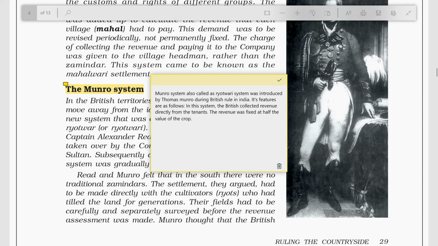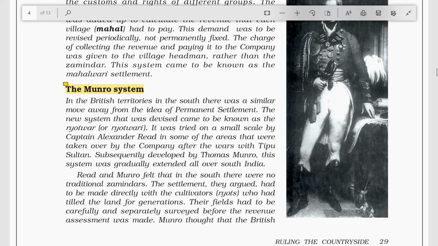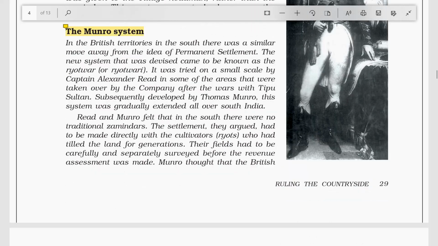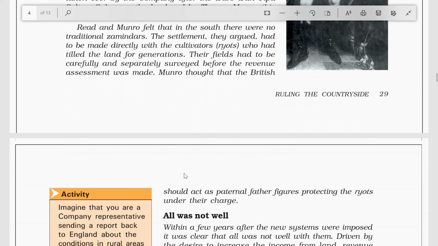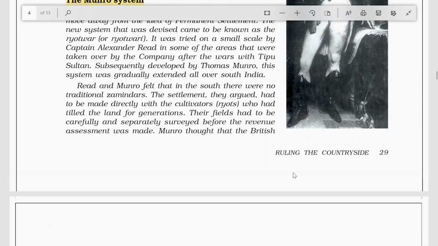This system was known as Ryotwari system or the Munro system. Munro system was named after Thomas Munro. During British rule, he was the British officer and he introduced this system. Under this system, they collected tax directly from the farmers, and this was fixed. The revenue was fixed at half the value of their crop. Anyways, whether their crop is good or bad, they have to give half of the crop to the British government. So this system was very effective, and the Britishers started collecting revenue from so many areas,